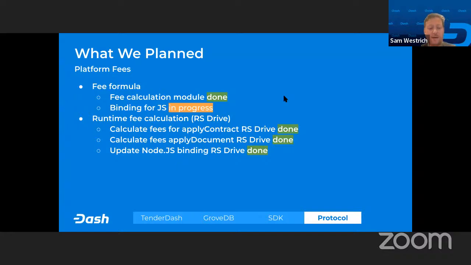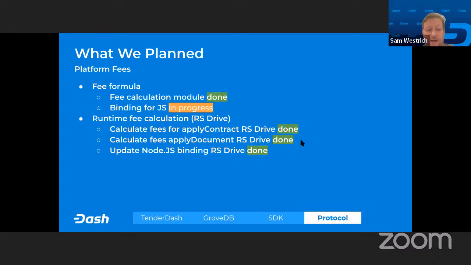So that's the worst case fee calculation. And then as transactions are used, there's something called the runtime fee calculation that figures out exactly how much fees you are using and removes that from your account. And I'm going to be making a demo later. And in the demo, I think this will all become super apparent and very understandable. People will be able to understand a lot more how this works.